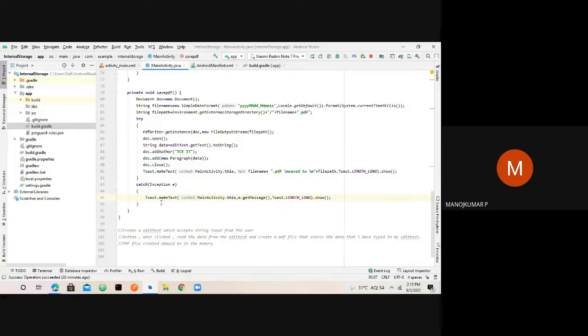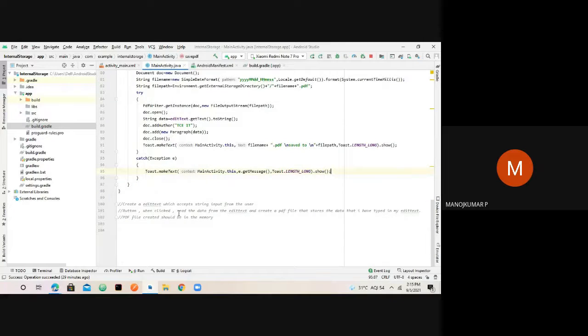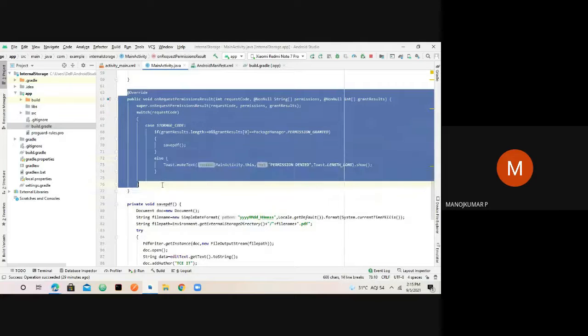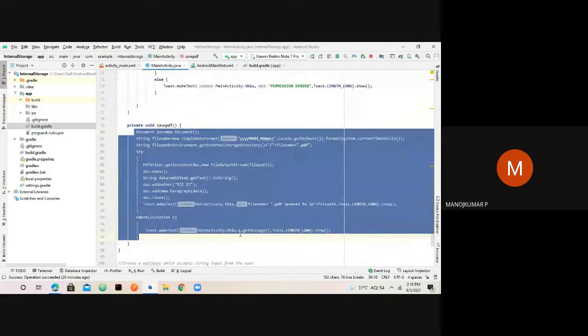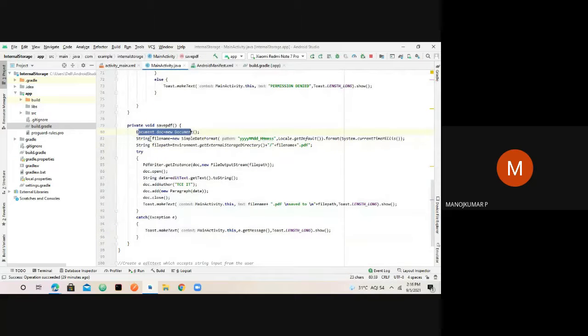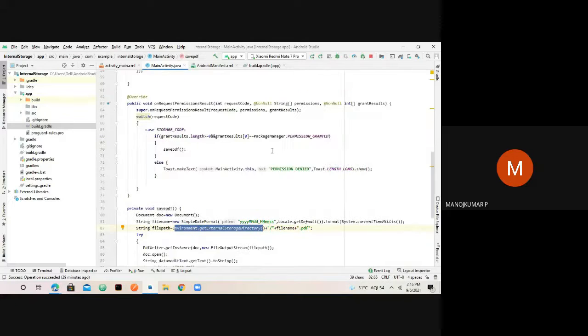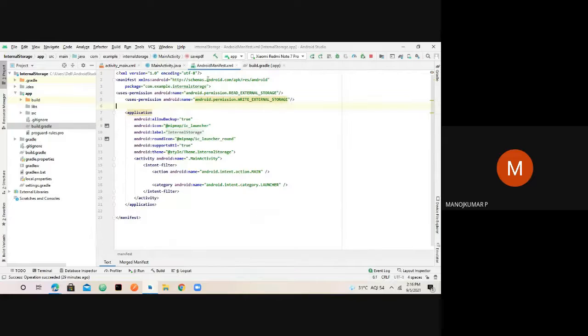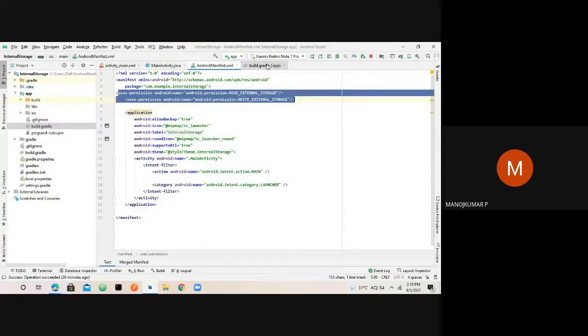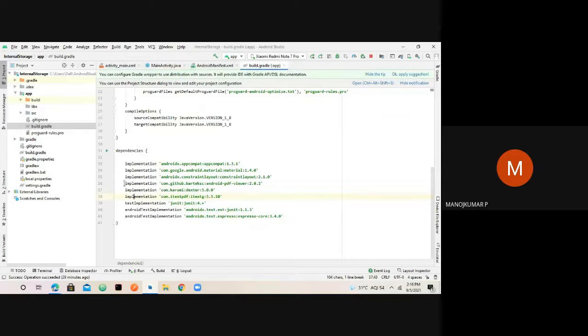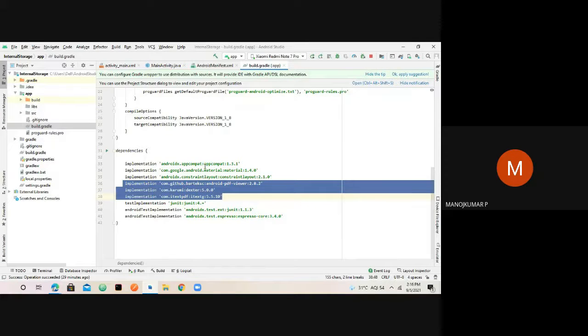Okay, we have set up things here. Everything is fine here. We have checked for permissions. We have written that code here, and we have written the stuff that we actually want. That is, we create the document and name the document and the file path for the document, and then we have created a PDF writer that writes the data that we are going to feed into this document. And once that is done, we will specify the path, that is the internal storage directory wherein we are going to store the file. So for these things to be successful, we first have to use permission here in the manifest, and then we have to mention the dependencies that I insisted you include in your build.gradle as well.